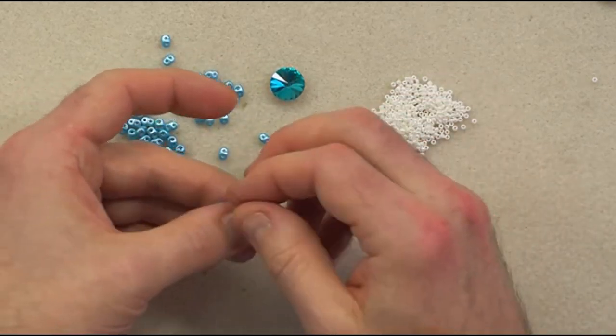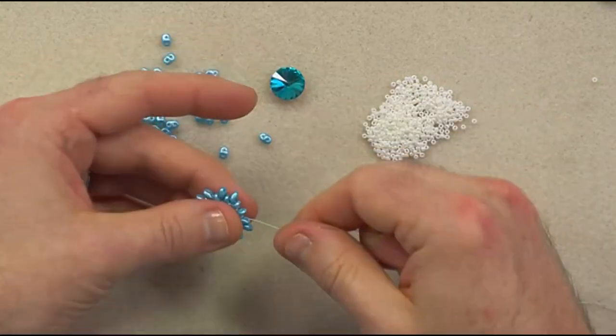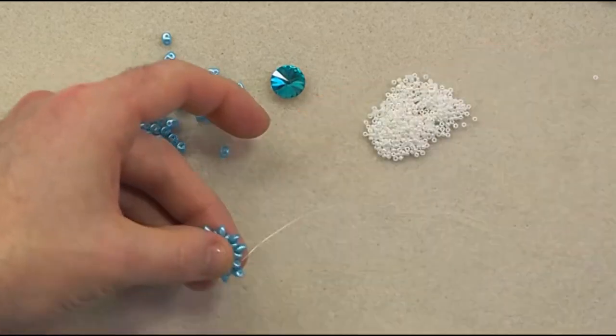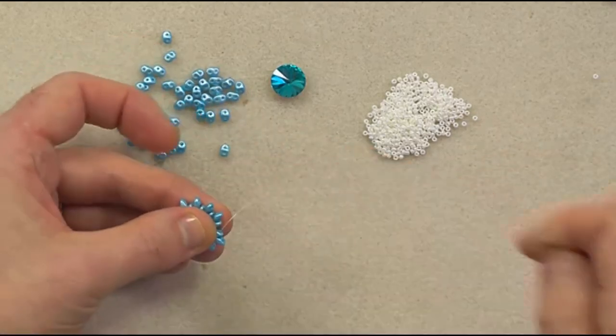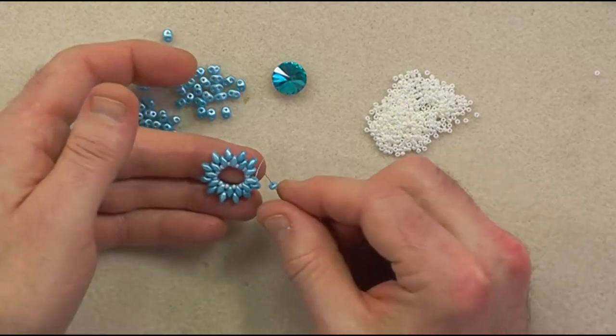an ombre pattern, maybe going a darker colour on the inside, working to a lighter through the middle, and then back to a dark colour on the outer edge if you want to. Just have a little play, and you can see how beautifully they tessellate, which is another reason I love SuperDuos. So this is your last SuperDuo, and what we're going to do is we need to do one more round